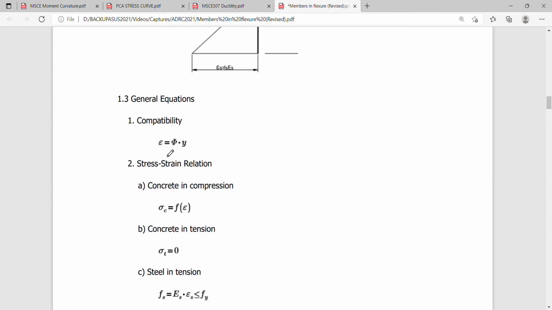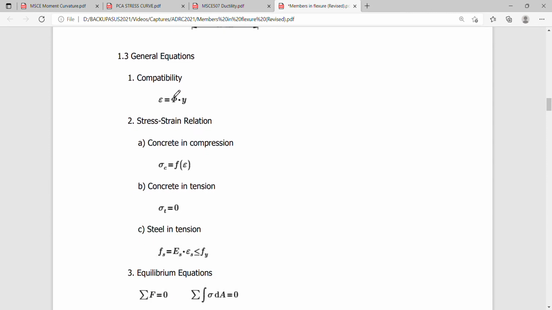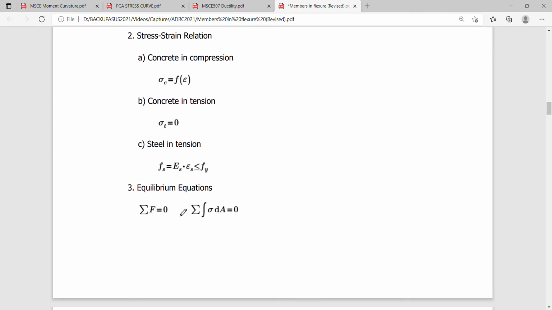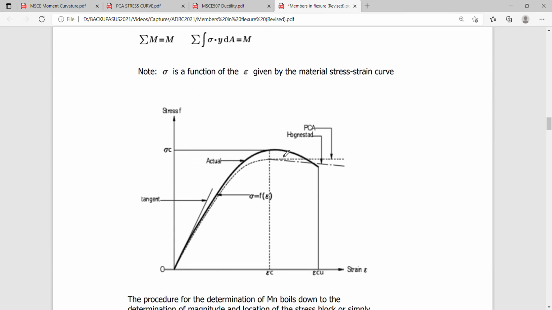So I discussed to you in that video what the assumptions are as converted or transformed into what you call equations of compatibility, stress, and the last thing to do is, of course, to see to it that the internal components of your material are within the equilibrium stage. Okay, so you just apply the equilibrium equation, and at this point, we have to start doing some